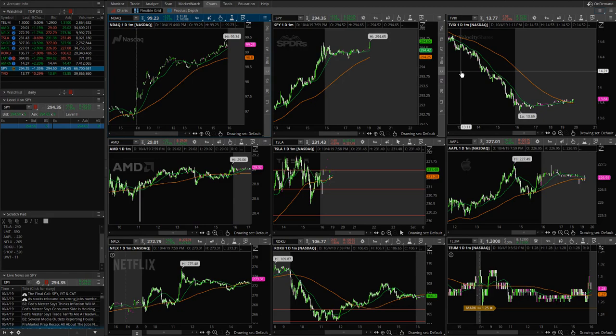This is a quick video tutorial on how to hide these little sidebars on the flexible grid on your Thinkorswim